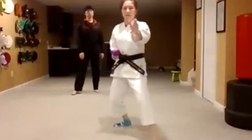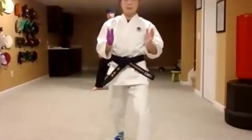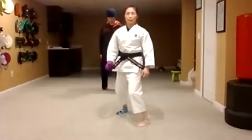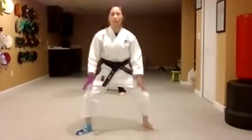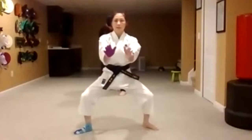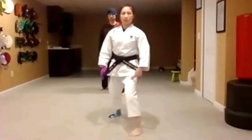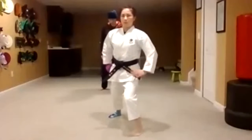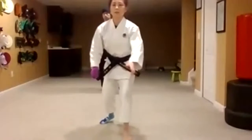Next is another stance called fudodachi. It's a front stance, but the front leg is going to be a little bit inward, and then go forward. It's not the squat of shikodachi. A little bit front stance, but front foot inward, and then go forward. And then this cool movement,